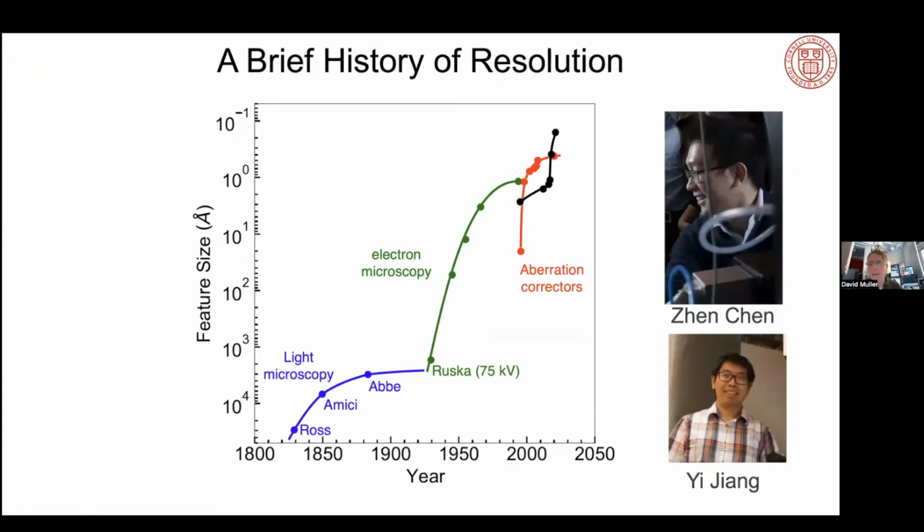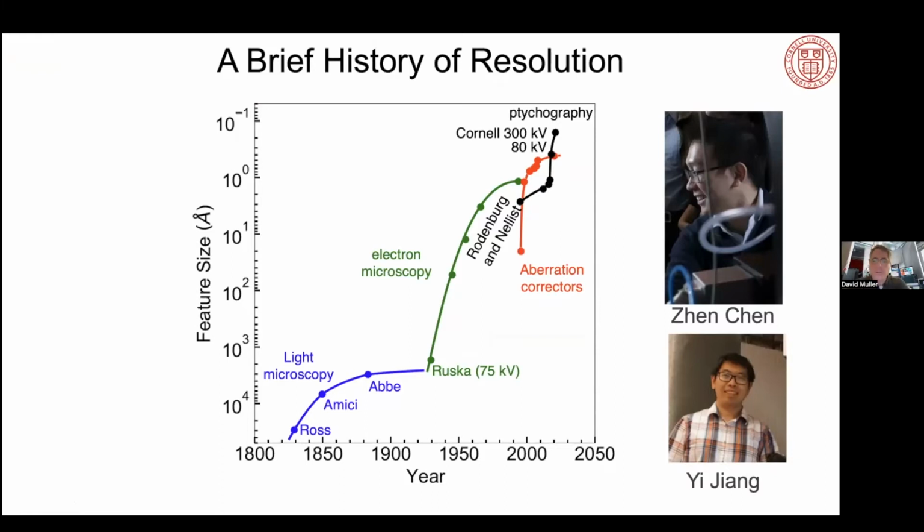By collecting all of this angular information and then doing ptychography on it, I've got a picture here of Yi and Jen, who are the main folks who did the work on this project. The black line is sort of the history of electron ptychography. And what I want to point out is